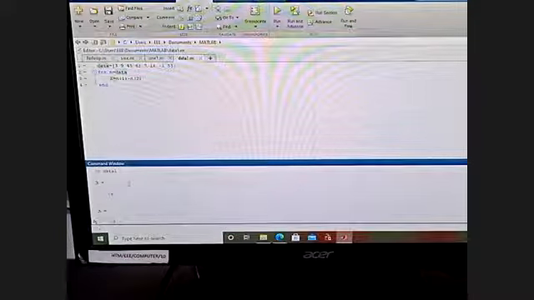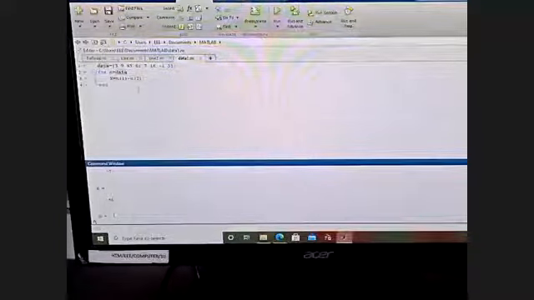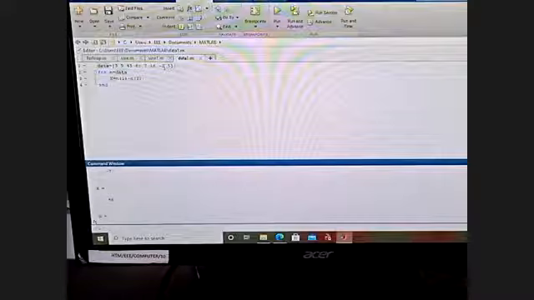See, the file name is data 1. And if you are running this loop, what is the first value? 3 minus 7, that is minus 4. Next value is 9 minus 46, it is minus 45... minus of minus 1, 45 plus 1, that is 46. And last value is 6 minus 5, that is 1.